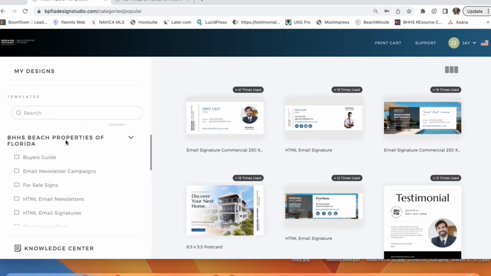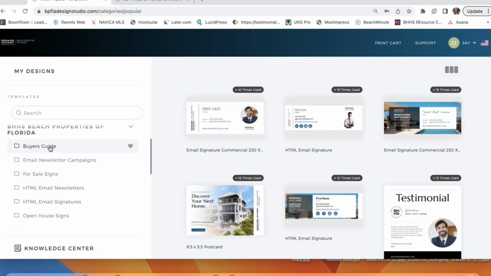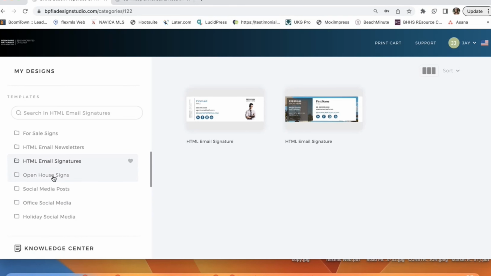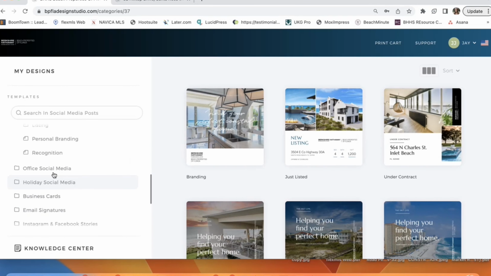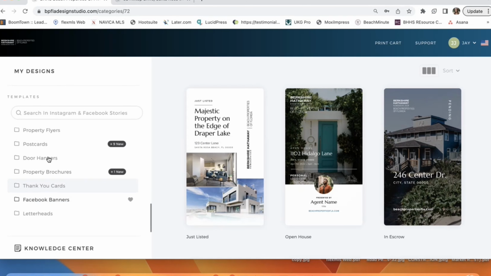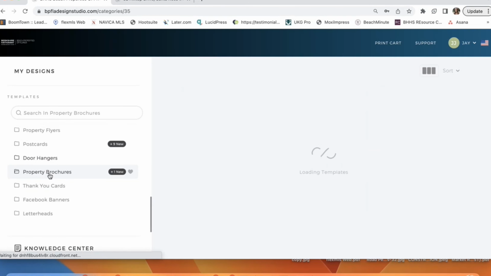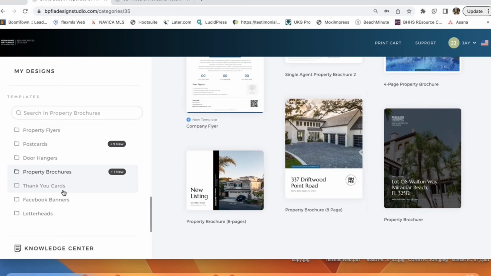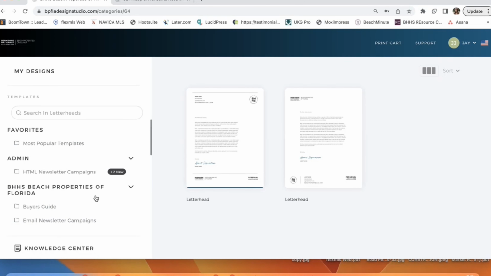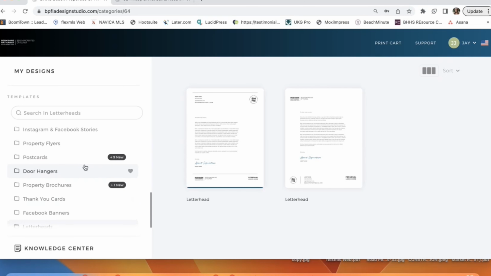And then under BHHS Beach Properties of Florida, you'll see where all of the main templates are located. There's Buyer's Guide,